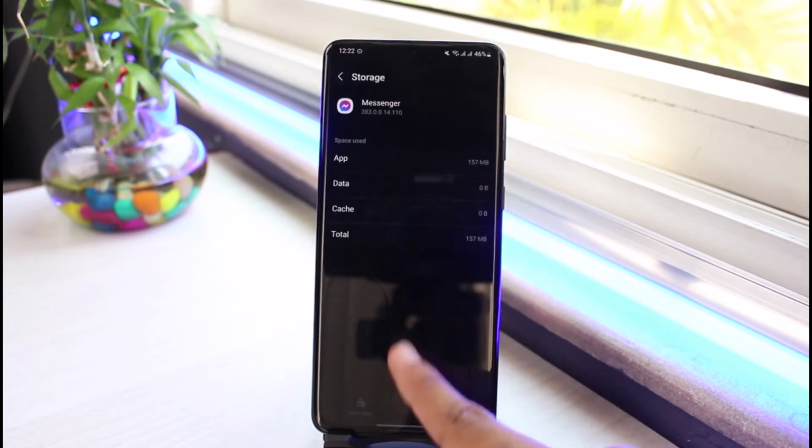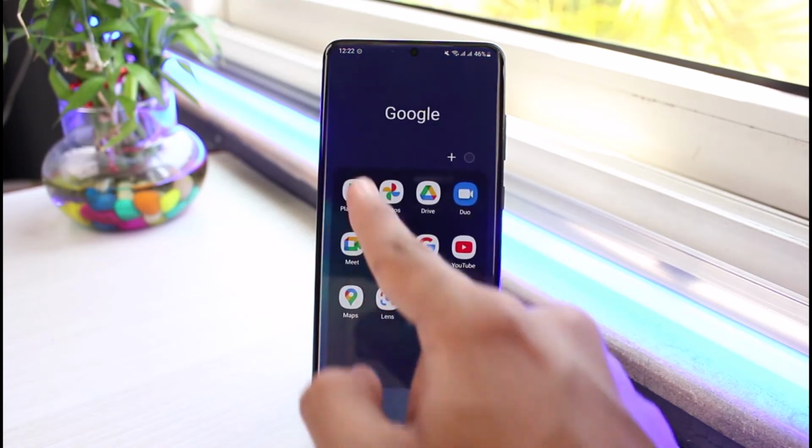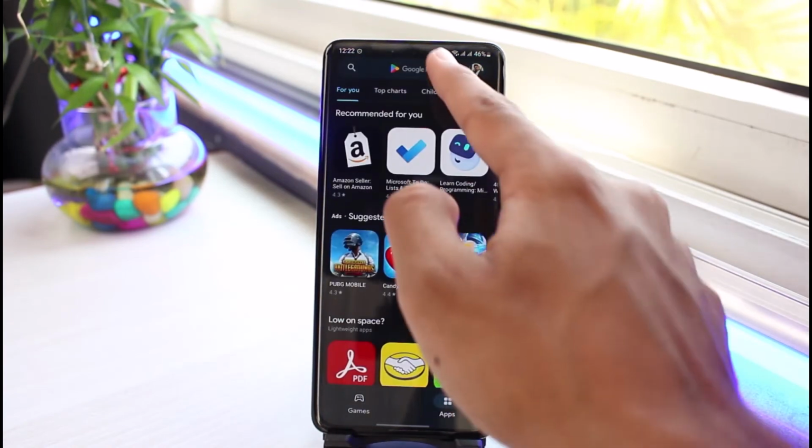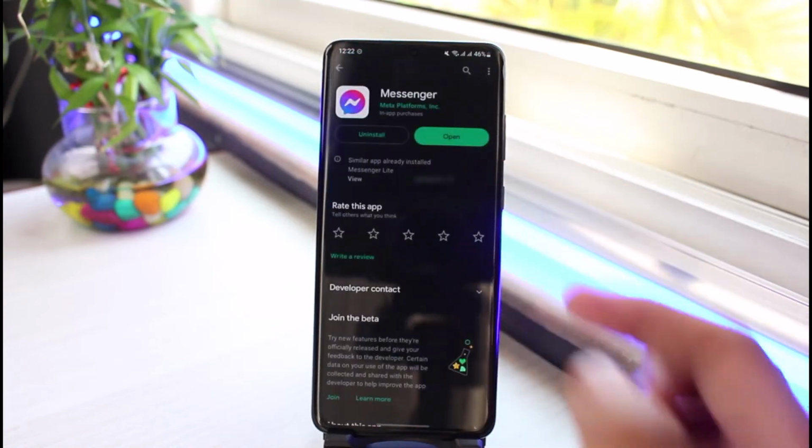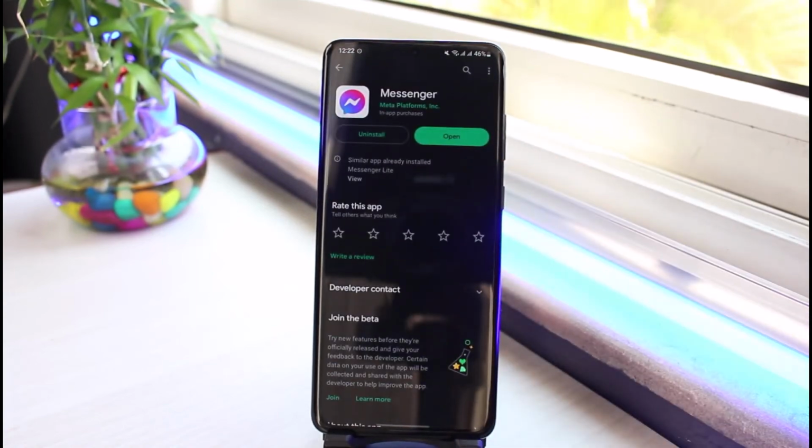Once you clear the cache files and data of Messenger, what I would recommend you to do is open up your Google Play Store or your iOS App Store and then search for Messenger. And if you see an update button there next to the Messenger app, I would just recommend you to update the Messenger app to the latest version. What updating does is that it is going to fix any types of bugs or issues which you face within